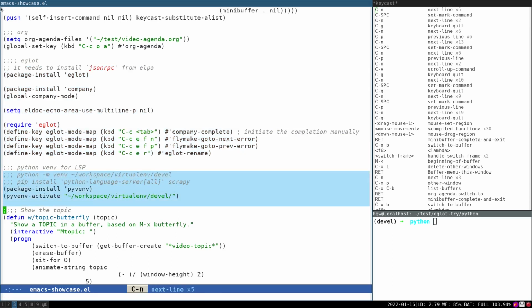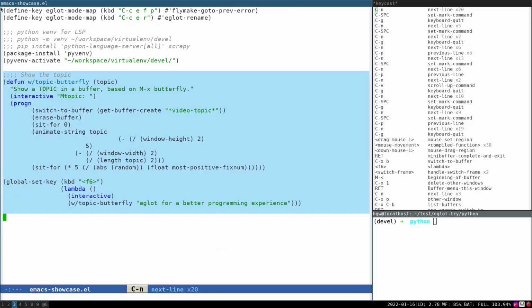And then I install pyvenv for using a dedicated virtual environment, where I've installed a Python language server and Scrapy, a framework to scrape websites. At last, I define a command and key binding to show the topic.